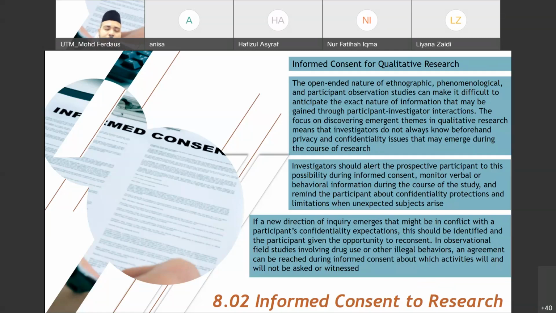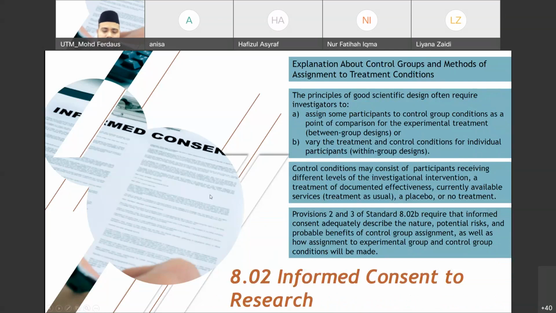If you are observing something which is illegal, what are the things that you want to observe, what are the things that you don't want to observe? Because it involves a legal perspective as well. Okay, so next, when we want to ask for informed consent, we also need to